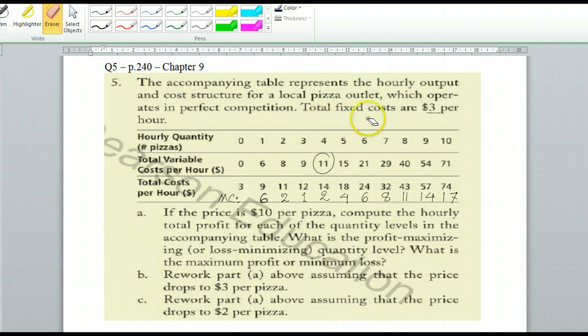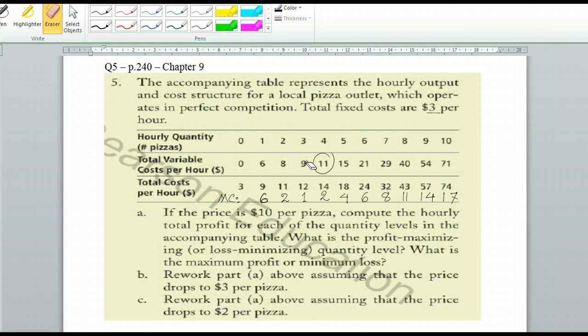competition. Total fixed costs are $3 per hour. This table gives you the hourly quantity produced, and for each quantity the variable cost and total cost are given. Notice that for each quantity of output, the difference between the variable cost and the total cost is simply the fixed cost. So if you add $3 to any of these variable costs, you'll get the corresponding total cost,